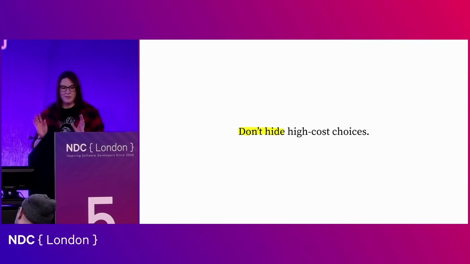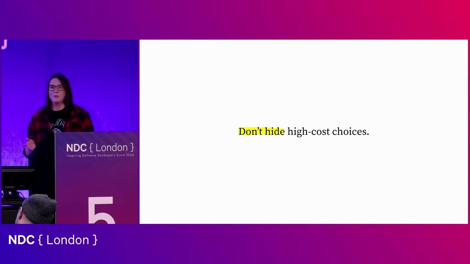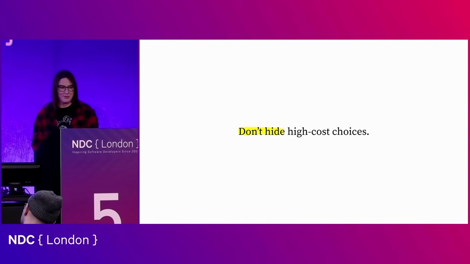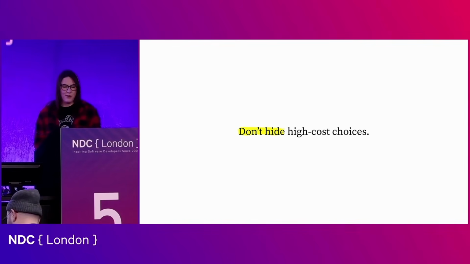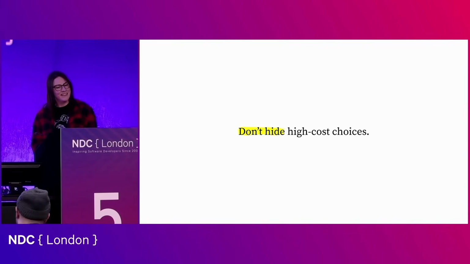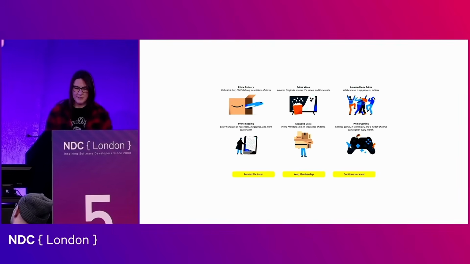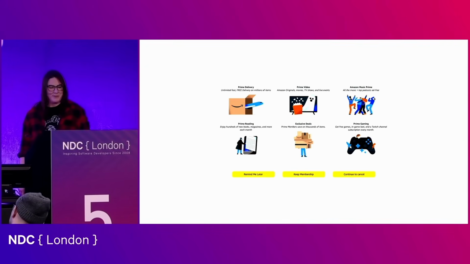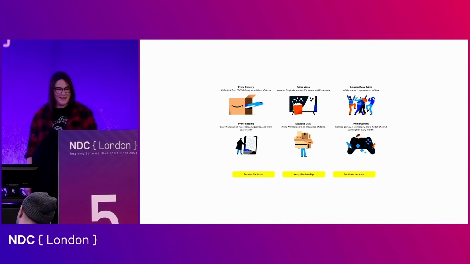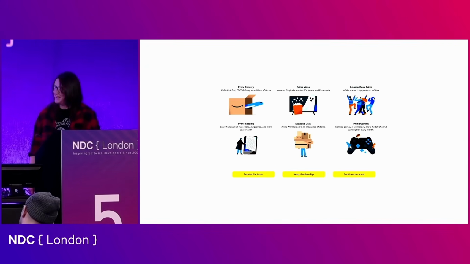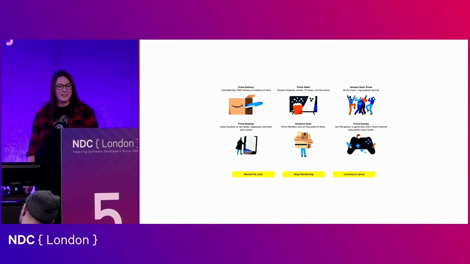Word of warning, though, do not make people jump through hoops to find an option that you're going to give them. This can be quite common when a company offers an option that they don't really want you to click. This is called a deceptive pattern. So here's an example of one of those from the ever ethical company, Amazon. So this is me trying to cancel my Amazon Prime membership. They don't want you to cancel, despite it being your absolute right to.